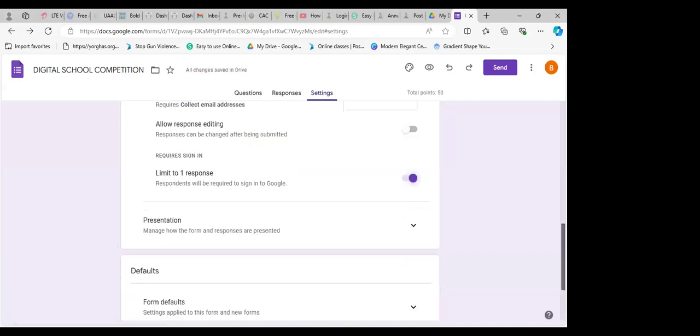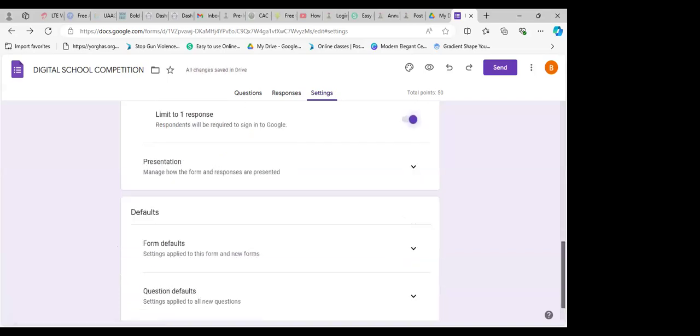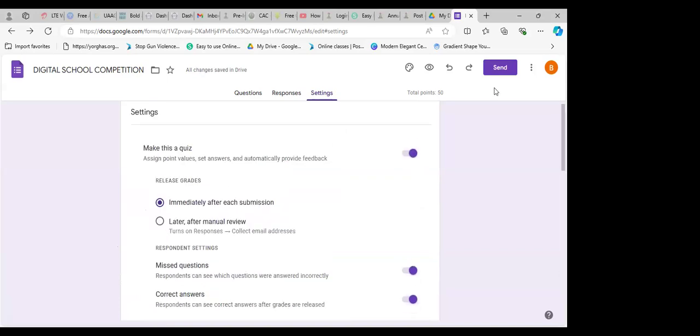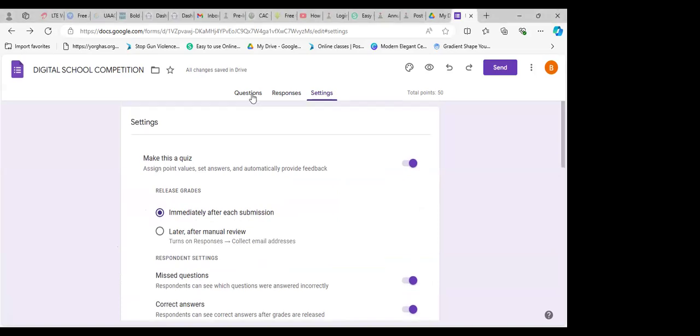I believe some of us might have been privileged to fill a form online, and after filling, you want to fill again, you could not access that form anymore. Okay, so I'm going to drop the link to this form now so that we fill it. Now, once you are done setting the form, all you need to do, you go to